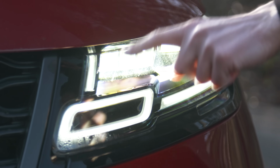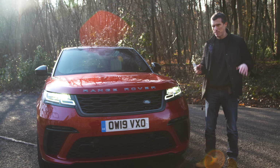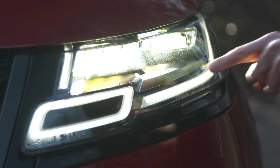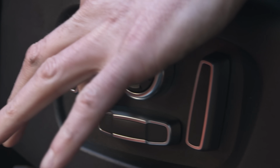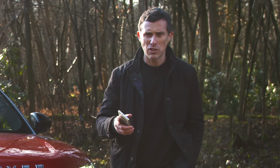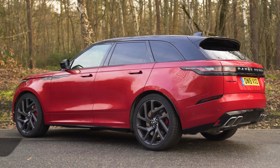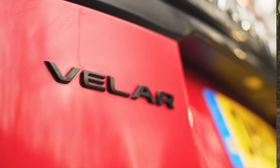For instance, you get matrix LED headlights as standard, so they can blank out part of their beam so that you don't dazzle oncoming drivers, and they have signature daytime running lights. You also get 20-way adjustable seats with massage function and adjustable side bolsters, and a lovely suede roof lining. Now, obviously, you're paying for it because this car costs £86,000, though of course you can save money on one